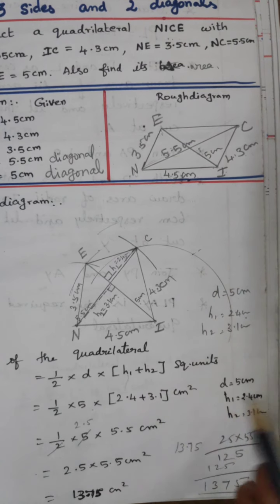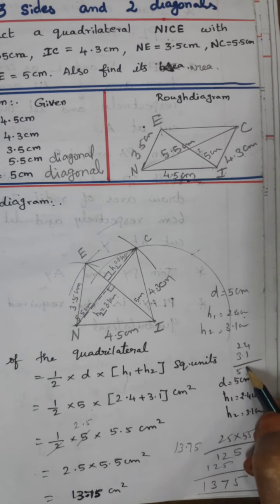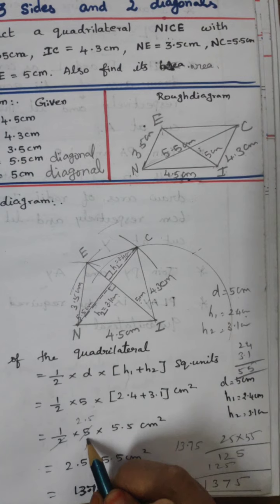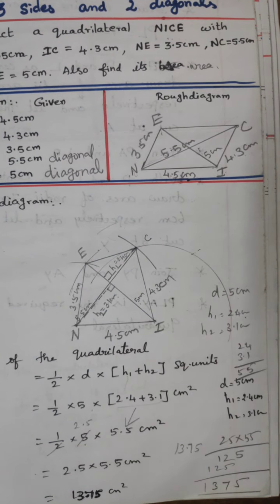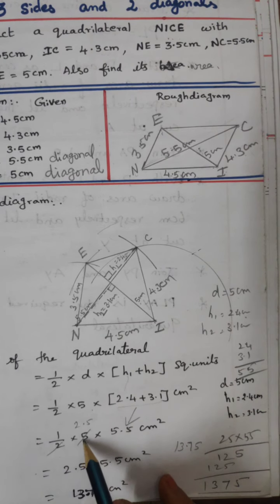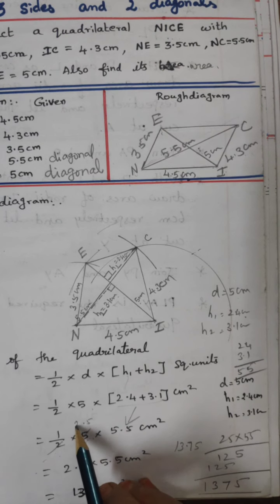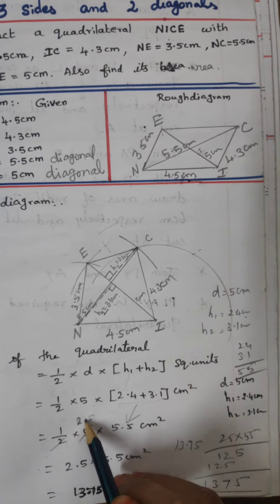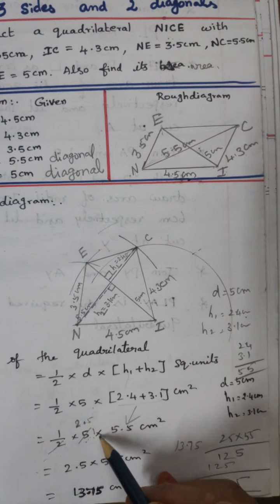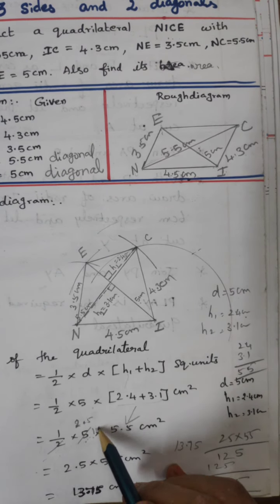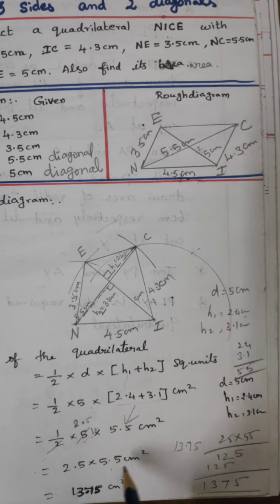So this one you write here. Add the numbers 2.4 and 3.1, and the answer is 5.5. So 5 centimeter into these two added, the answer is 5.5 centimeter. Strike out one number only. How many 2s are there? 2 2s are 4. Remaining 1 is there, so not possible, you write a point here and add a 0. 5 2s are 10. So the answer is 2.5. Multiply 2.5 into 5.5.